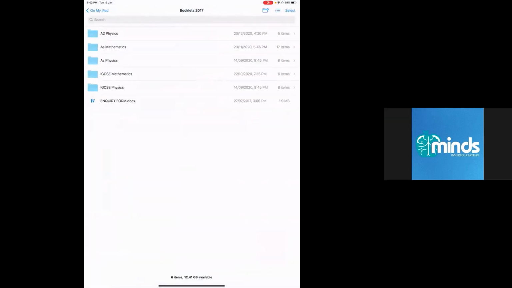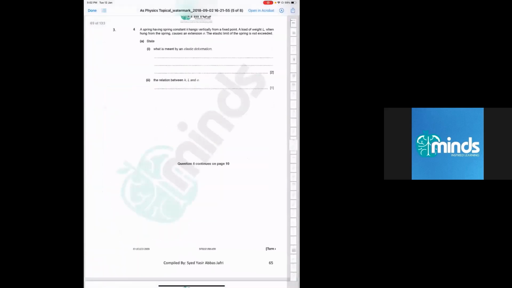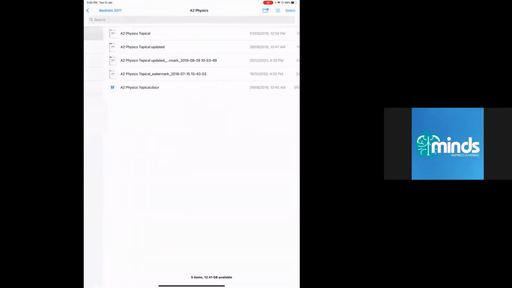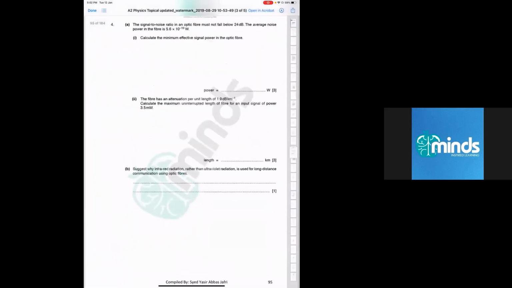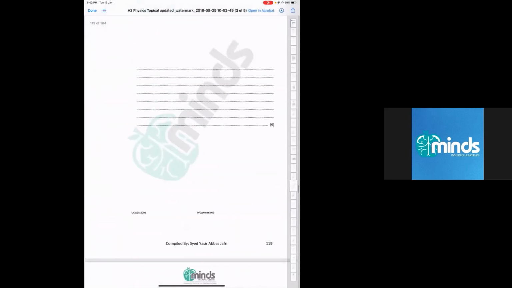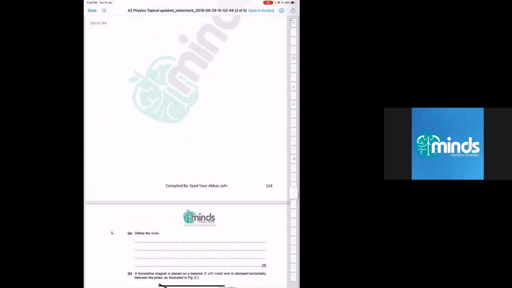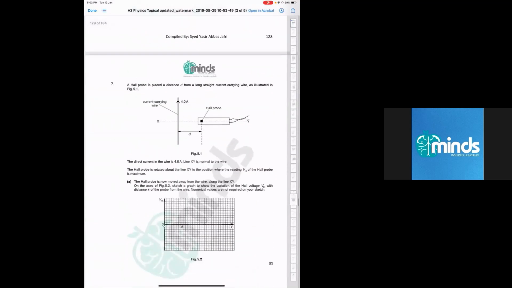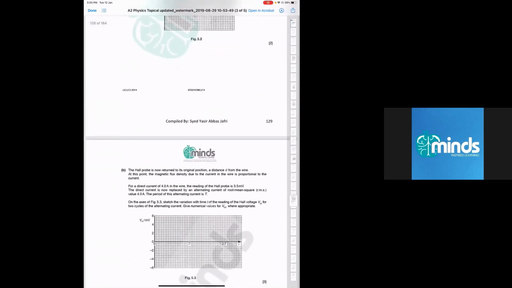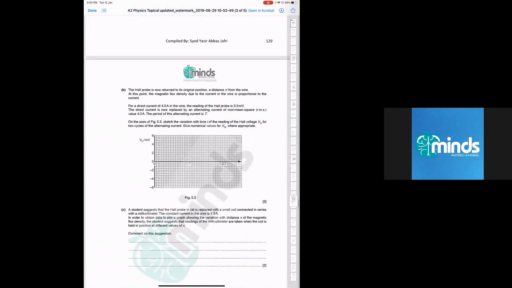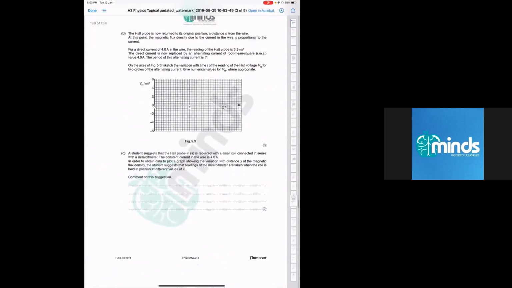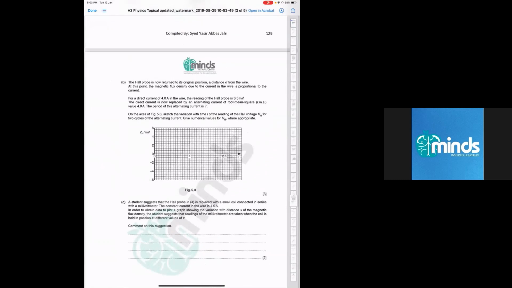Okay, so I guess in the past paper booklet, we must be having a question in which they just use Hall Probe. Okay, there's a question, but the problem is in this question, if you can see something which I have actually highlighted,